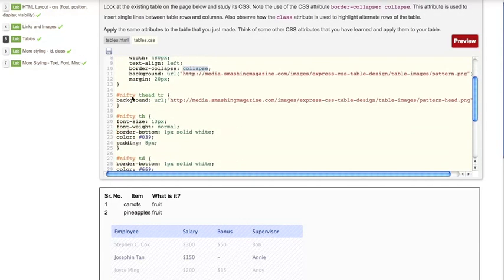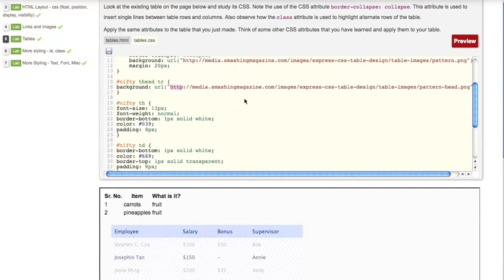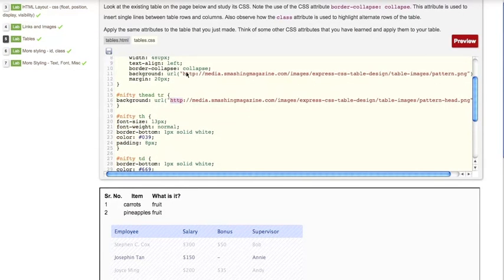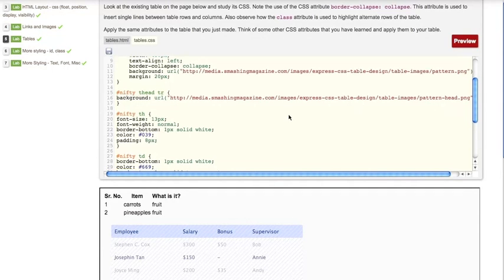What we've also done is that in the heading section, we have assigned a different image as the background, right? Do you see this? For the rest of the table, you essentially have image 1, which is pattern.png, whereas for the heading section, we are assigning another image, which is pattern-head.png.